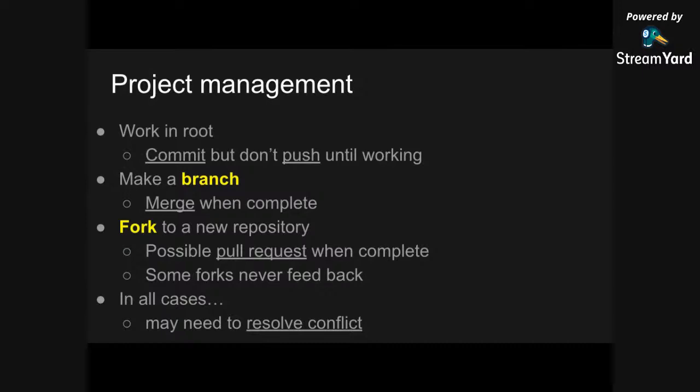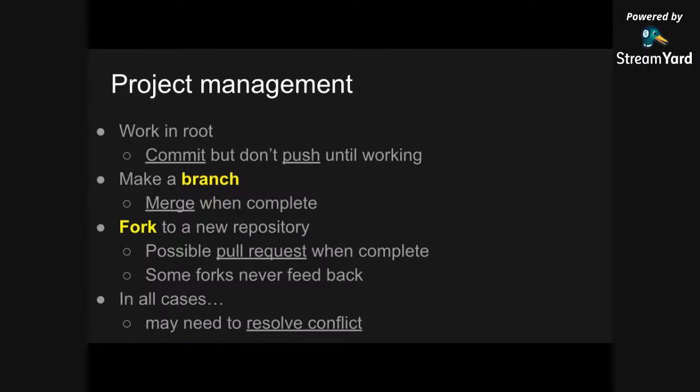If you don't have access to that repository, so you're not necessarily a collaborator on the main project, but you want to make a copy and do your local changes to it, what you can also do is fork the repository into a local copy in another repository that you have control over. And then you can make any changes you want in that repository. And you might, at that point, eventually also want to make a pull request, which is requesting that the owners of the original repository pull some of your changes back into their repository. If you think you've made changes that will be useful to them, they can then decide whether they want to do so or not. Or you may never make a pull request because you think your changes are not of any interest to anyone, they're just for your local copy.